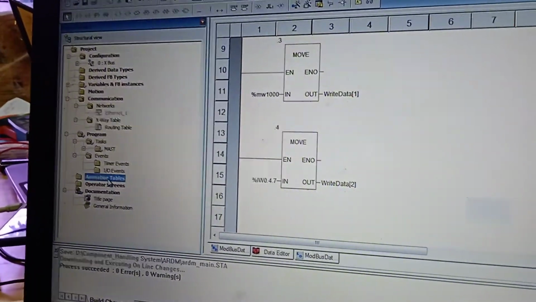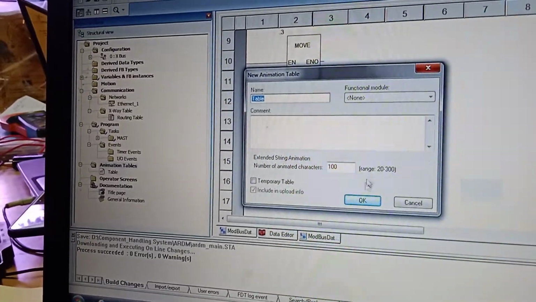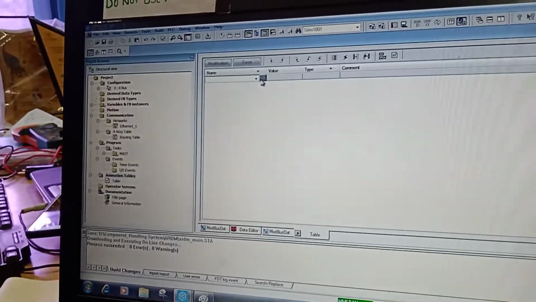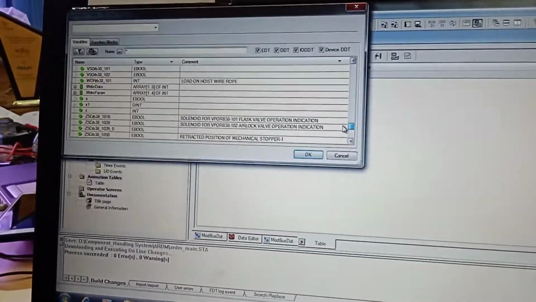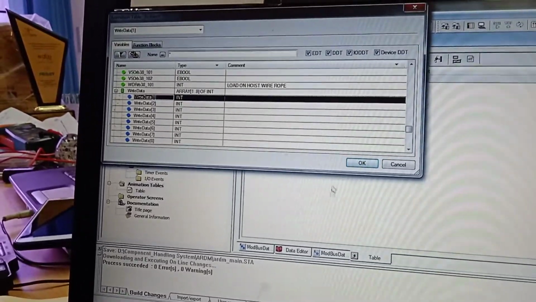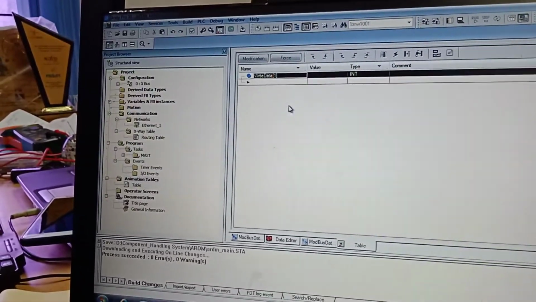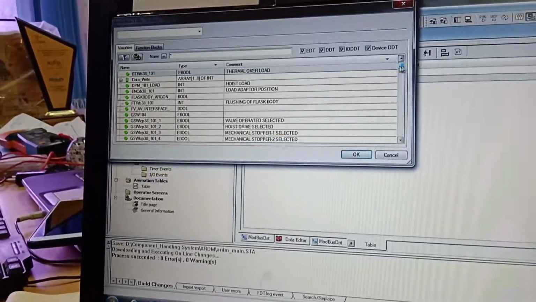I will go to the animation table to check the values. I'll add here, go to my data write, take this first data, and also take the second data.